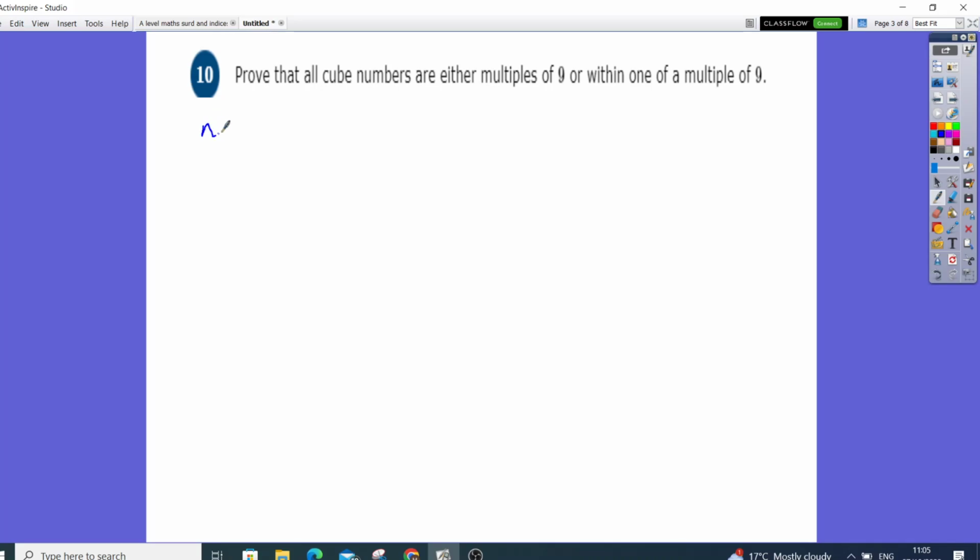n to be a multiple of 3. So let's just call that 3m. Okay, we could also have the next one as n is 1 more than a multiple of 3, and we could also have the other n number, which is 3m plus 2. Now if we carried on, the next one will be 3m plus 3, which brings it back